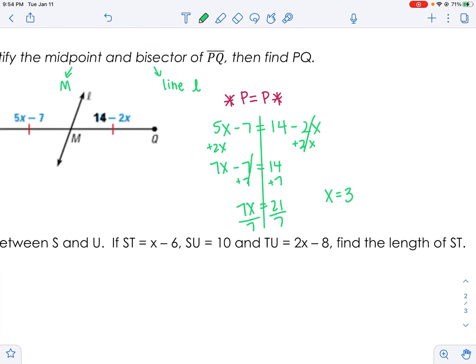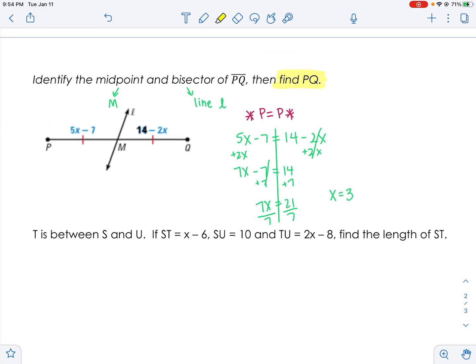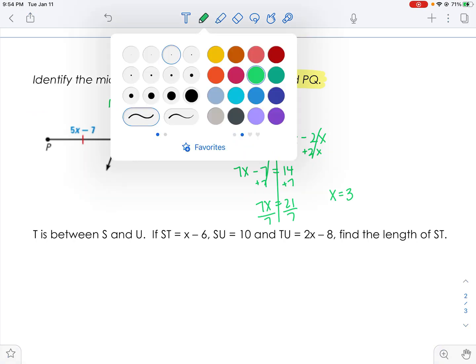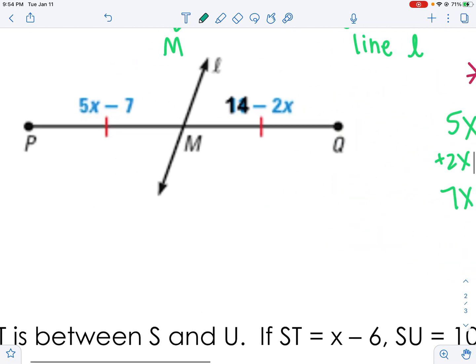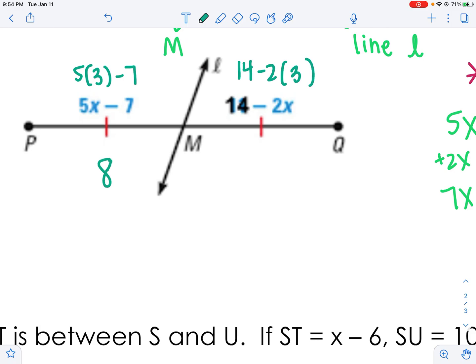But if we go back and look at that problem, it didn't want x. It wanted the distance from P to Q. So how would I find that? And if you said plug it in, you're correct. We're just going to go back and we're going to plug in 3 to both parts. So I need to figure out what's 5 times 3 minus 7 and what's 14 minus 2 times 3. If 5 times 3 is 15 minus 7, makes that side 8. And 14 minus 2 times 3 is